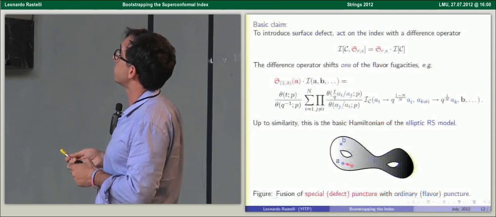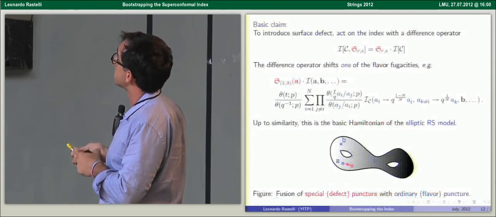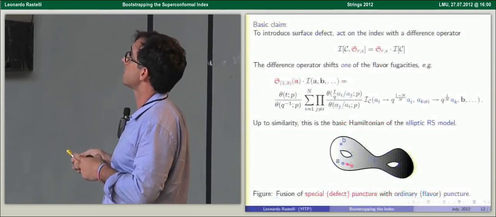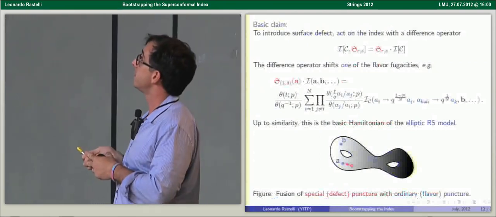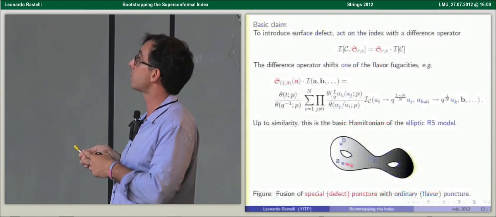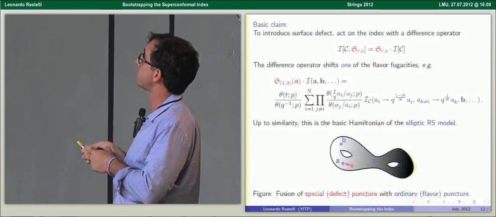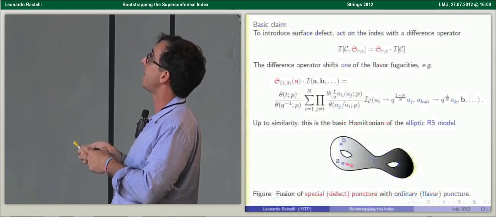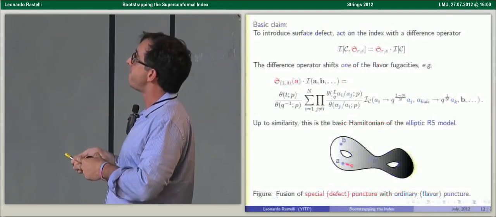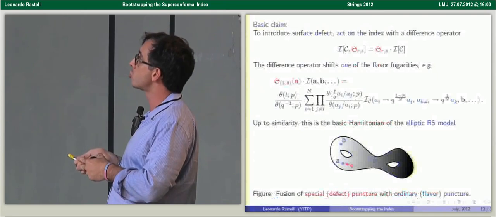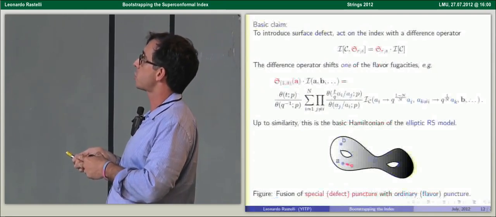So the basic claim, which is a bit technical, but it's in some sense the main result of our recent paper, is that to introduce a surface defect in the theory that didn't have a surface defect, I take the index of the theory that did not have the surface defect, and I act on it with a certain operator. You can visualize that by the process of fusion of this special puncture with one of the